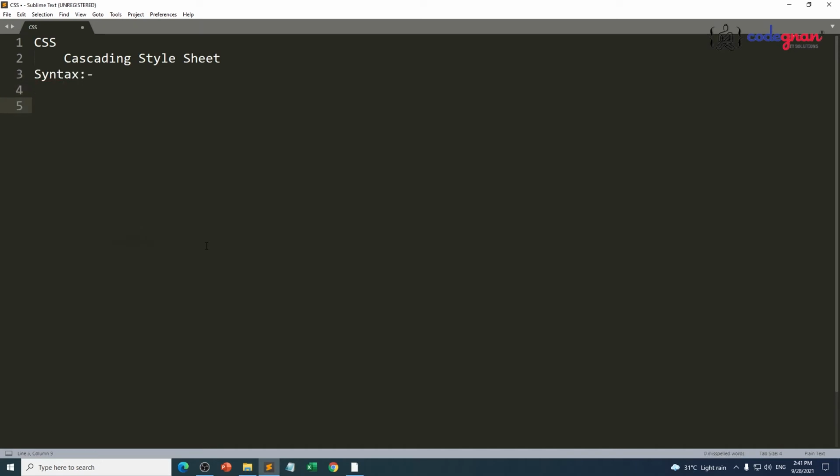For CSS, we have a few things. We need to follow these rules and regulations. The first thing is to which element you want to apply these stylings. That is what we call the selector. Here, a selector means a particular element which we select from our HTML page.